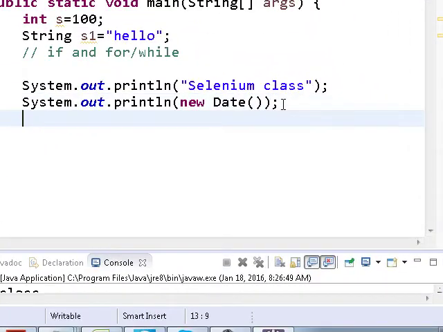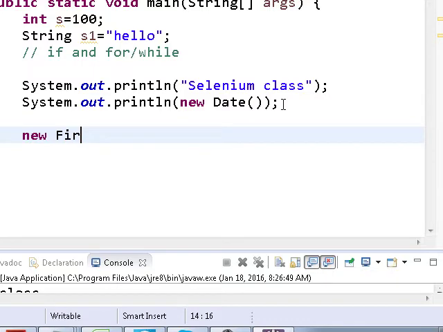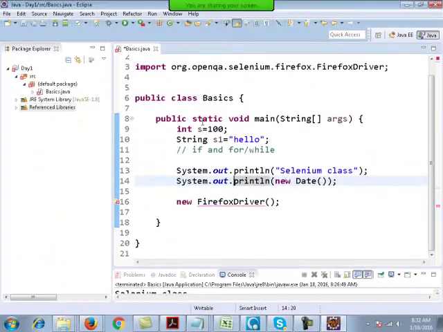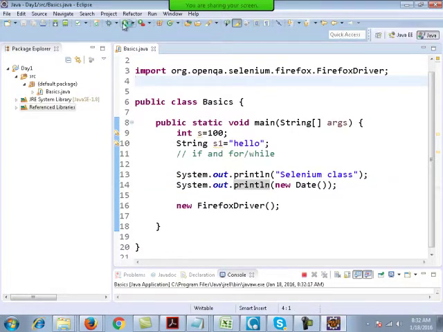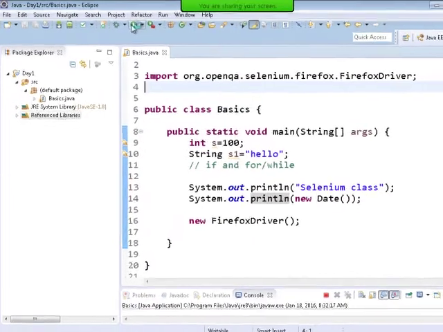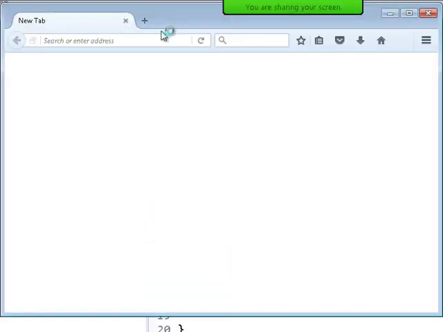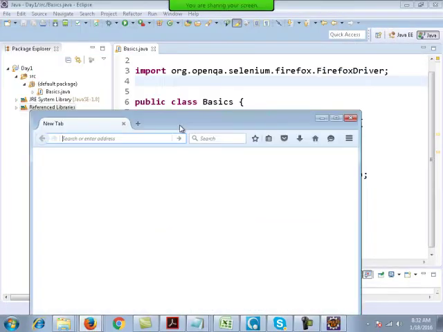For example, one of the Selenium commands I can use is new FirefoxDriver. You can import the class by moving the mouse over the error and importing FirefoxDriver. When you run it, you will see that a blank Firefox browser opens up.